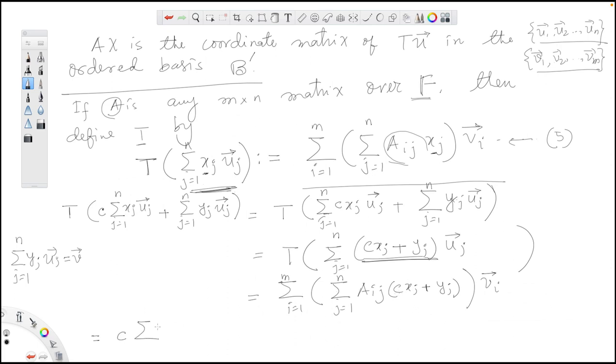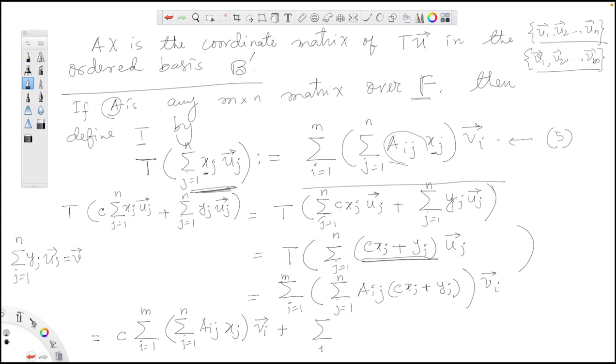C times sum over all i's, then inside bracket I first put all the j sum aij xj, and then the vector vi